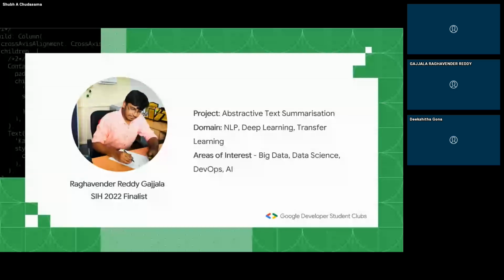The second thing is, if you're choosing smart automation or abstract to text summarization. In my case, the first abstract to text summarization idea which we applied for was not selected, but I applied for two projects. Both were of the same domain, abstract to text summarization, but they were from different ministries. One was from the Ministry of Health or something, and one was from another ministry. For the second one, the number of applications was less.